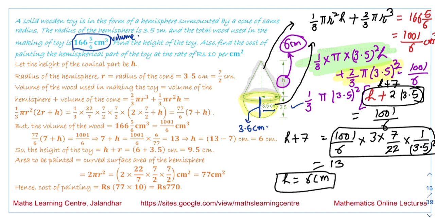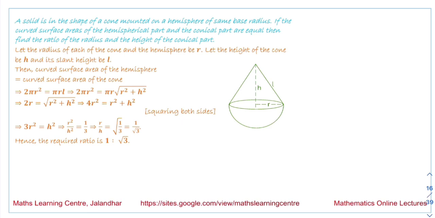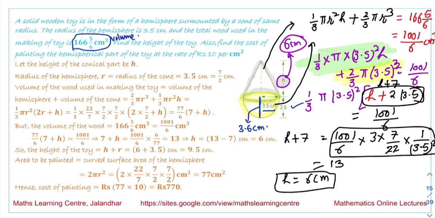Now the next thing we have to find is the cost of painting the hemispherical part of the toy at the rate of 10 rupees per centimeter square. It means we have to calculate the area of this hemispherical part, and the formula for area is 2 pi r square. Substituting the values, it is 2 into 22 by 7 into 7 by 2 into 7 by 2, and the answer comes out to be